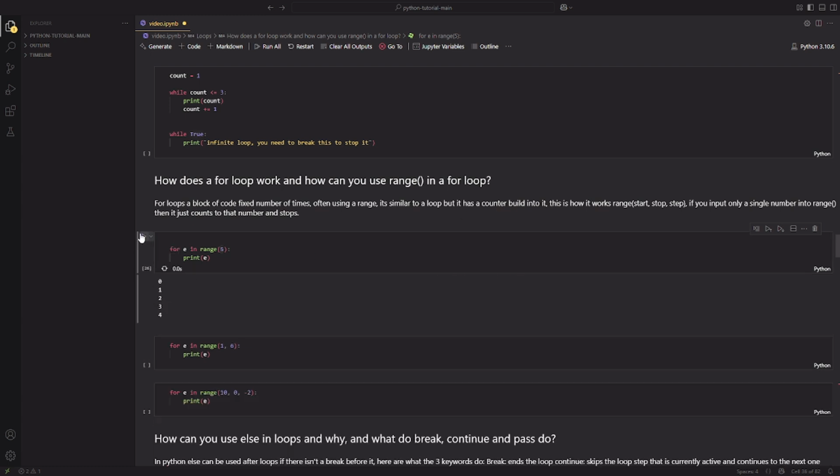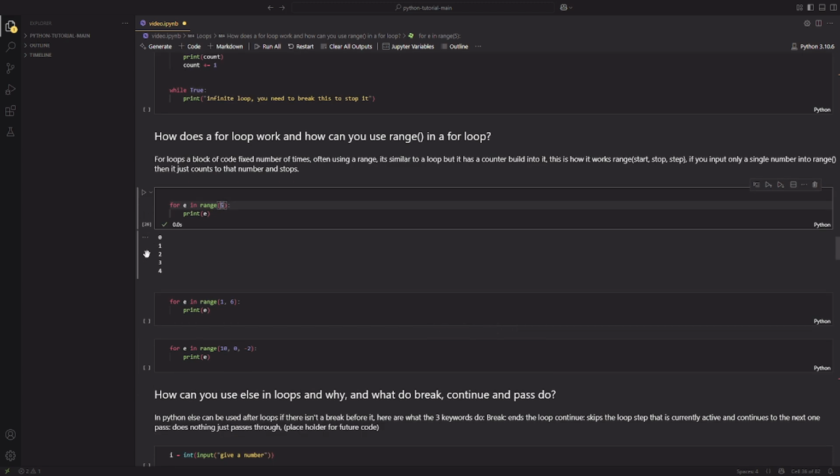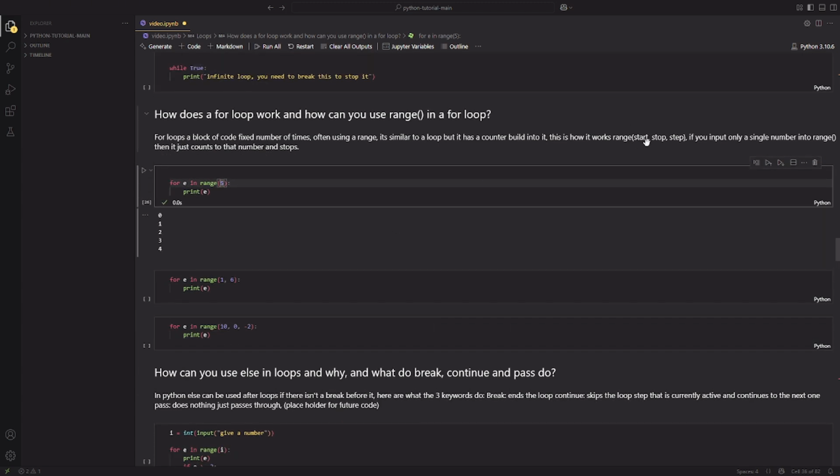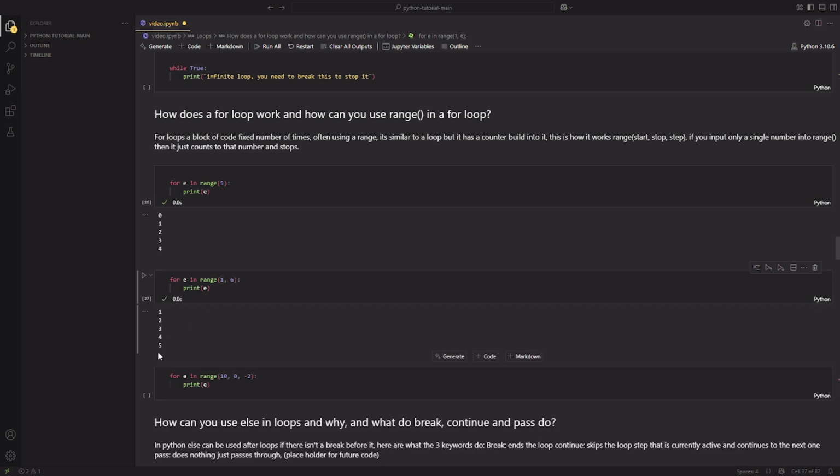So let's run this. Because, like I explained before, Python always starts counting from 0, not from 1. So this counts 5 times: 1, 2, 3, 4, 5. Okay, simple. Then this would mean it starts from 1. So the number starts counting from 1 and stops at 6, so it doesn't include 6, like I explained in the last assignments